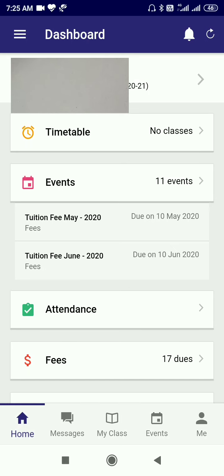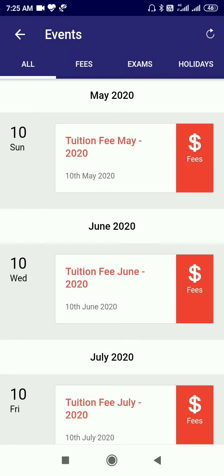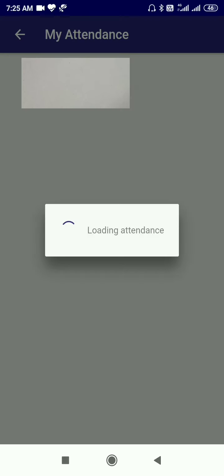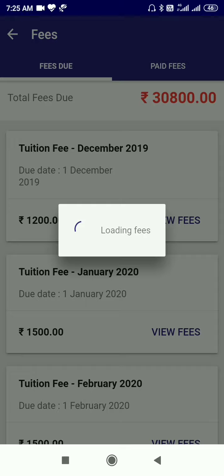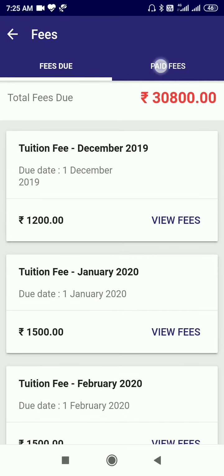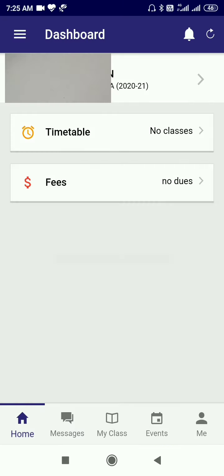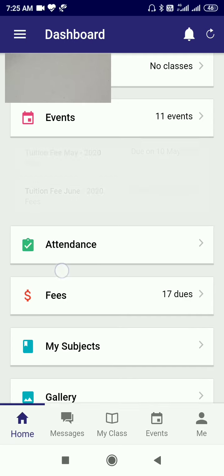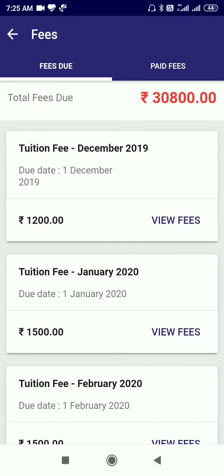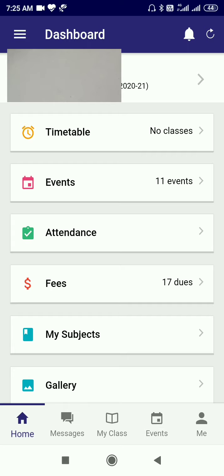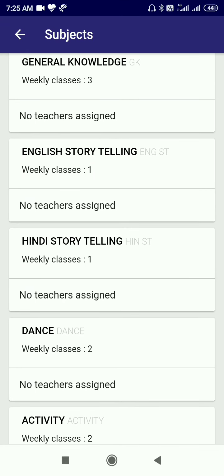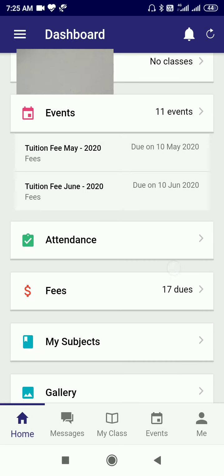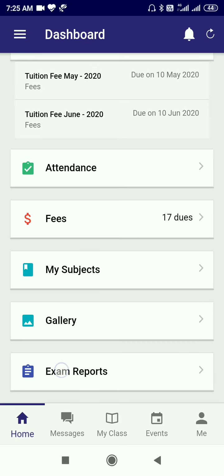Likewise, you can see events, we have seen it, attendance, fees due, paid fees, subjects, what the subjects are and who all the teachers are, the details of those, gallery and exam reports.